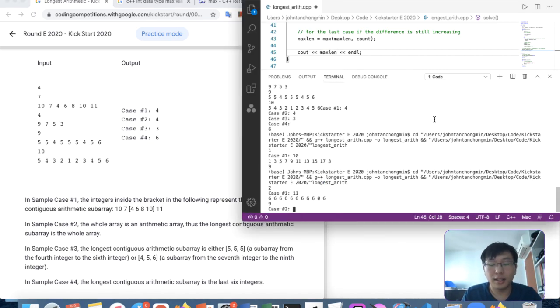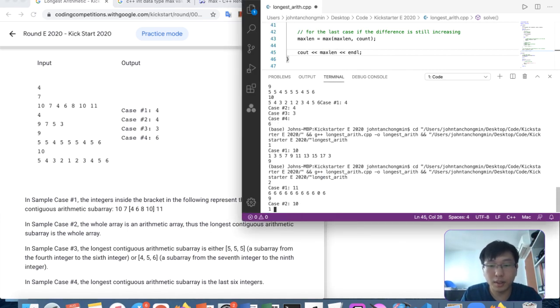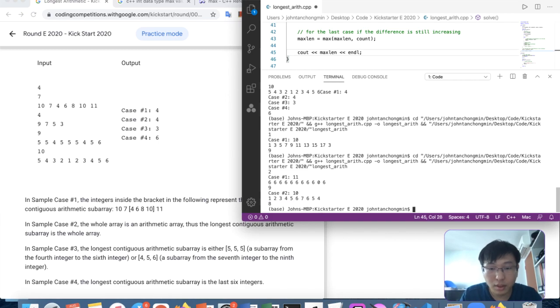Okay, let's try another case. Maybe 10 numbers: 1, 2, 3, 4, 5, 6, 7, 6, 5, 4. Oh, that's the issue. 1, 2, 3, 4, 5, 6, 7. It should be 7 numbers. 1, 2, 3, 4, 5, 6, 7. But then it counted 6, 5, 4 also. So